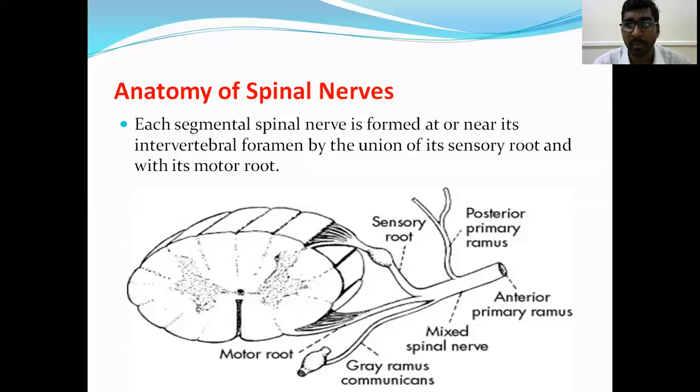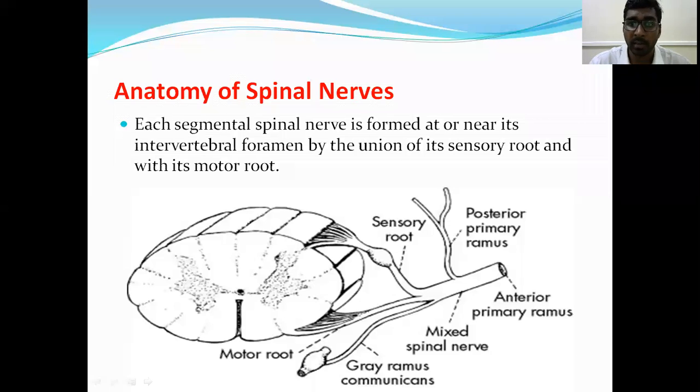What is the anatomy of a spinal nerve? You all know the anatomy of a spinal nerve. A spinal nerve is formed by the dorsal root and ventral root; dorsal is sensory and ventral is motor. In the thoracic region, all sympathetic outflow is mainly thoracolumbar, and parasympathetic nerve supply is cervicosacral. So in the thoracic and lumbar nerve roots, along with the dorsal primary and sensory root, some sympathetic fibers also join the nerve via the sympathetic ganglion. The sympathetic chain is present in the thoracic and up to the lumbar region.